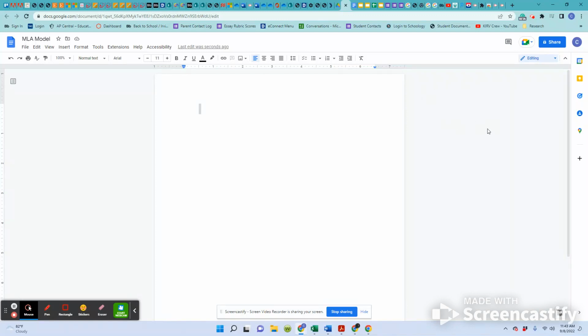All right, so I want to show you how to create an MLA formatted document in a Google Doc. Okay, so I simply opened a new Google Doc. I just titled this one MLA Model. So MLA refers to Modern Language Association, and they set the standards and formatting for documents in English classes, some